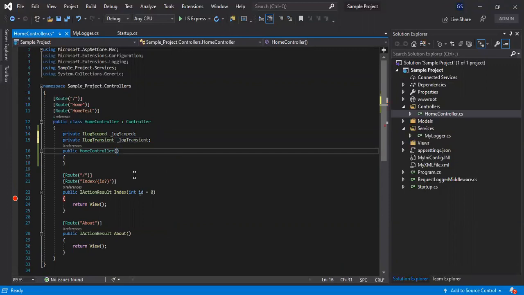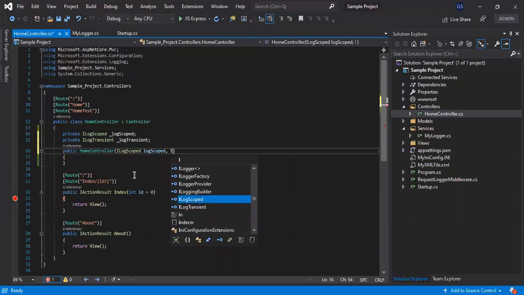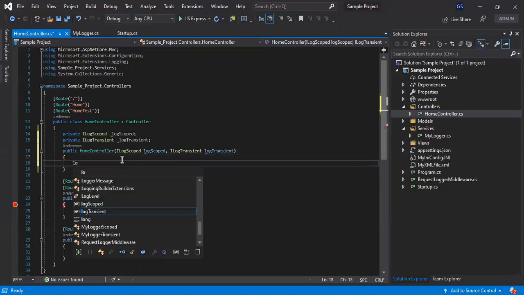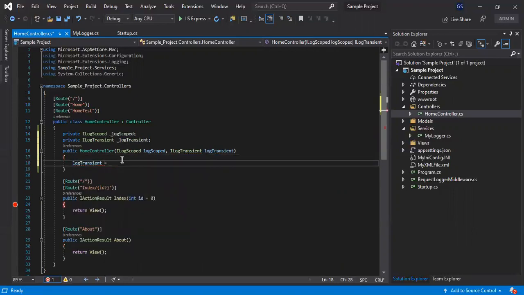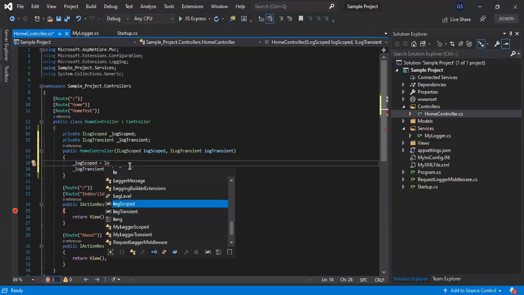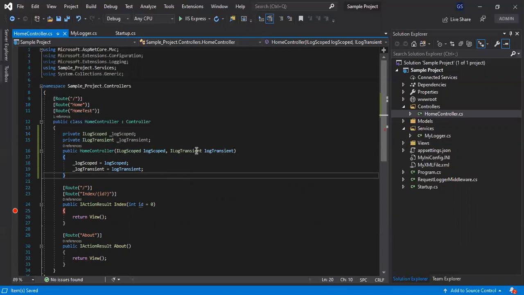We'll get the dependency here, receive these, and assign the dependencies to the respective fields. Now we have injected the services into the constructor of the home controller.